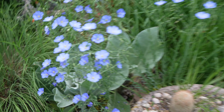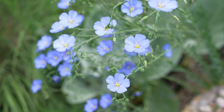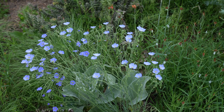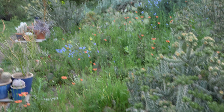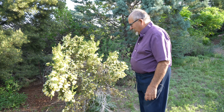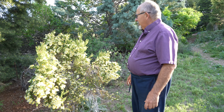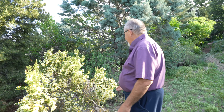The blue flax I scattered seed and it's starting to come up. This is our native blue flax, and it makes a wonderful combination with the poppies. This is a favorite plant of a lot of people. I see I have a branch there I've got to cut back. This one is leaning out a little too much in the sun. I've got to figure out how to prop it up. This is the